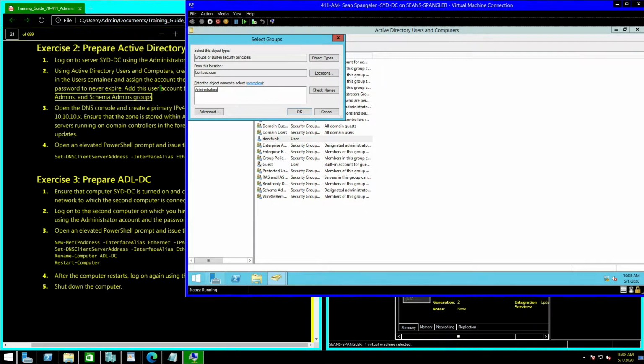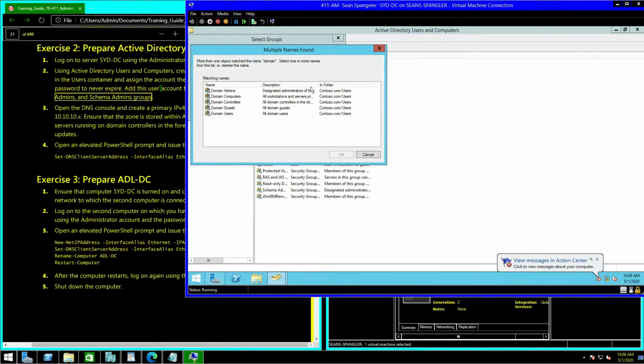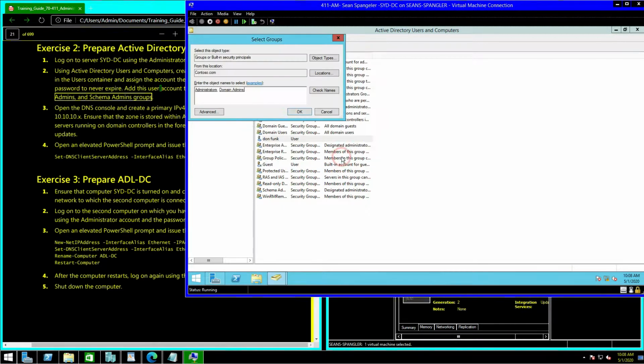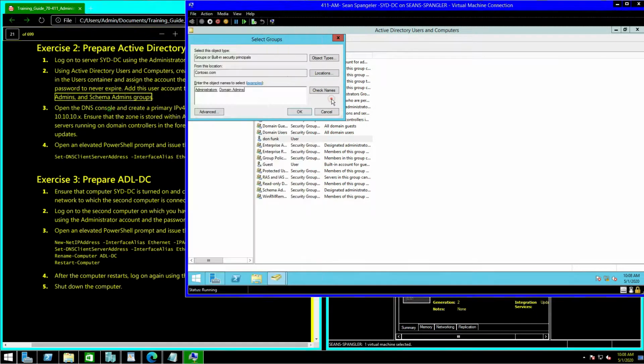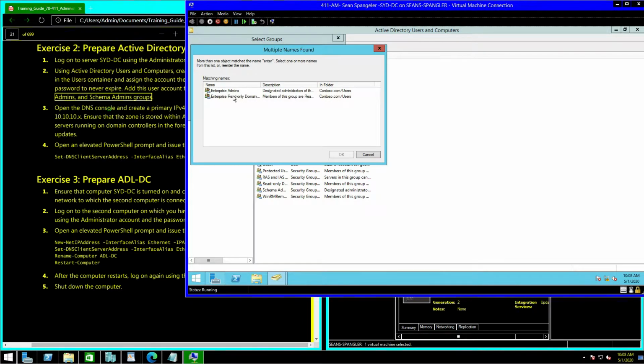And then it's easier just to do space domain. And I'll do check names. So what is it going to give me? It's going to show me domain admin. So I'm going to go okay, which is our first one. Domain admin, we need enterprise admin. So we can go back, we can say enter, check names. We have enterprise admin. Okay,